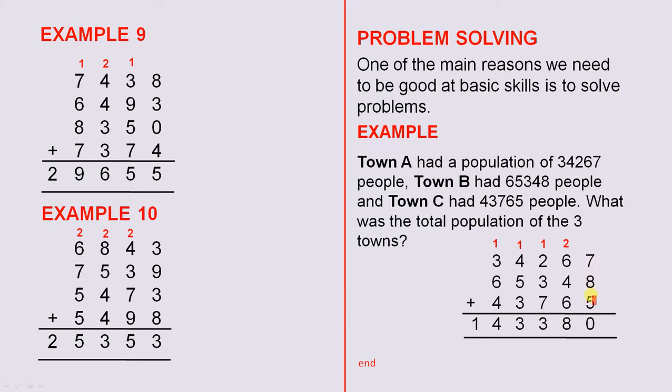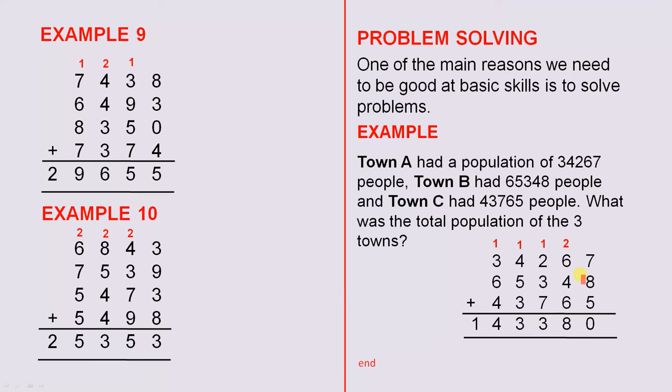So 7 plus 8 plus 5 gives us 20. Put the 0 there and the 2 there. 6 plus 4 plus 6 plus 2 is 18. 8 goes there and there's the 1. 7 plus 3 plus 2 plus 1 is 13. 3 goes there and there's the 1. 3 plus 5 plus 4 plus 1 is 13. 3 goes there and the 1 there. And 4 plus 6 plus 3 plus 1 is 14. The 4 goes there in that column, and the 1 goes there. So the total population is